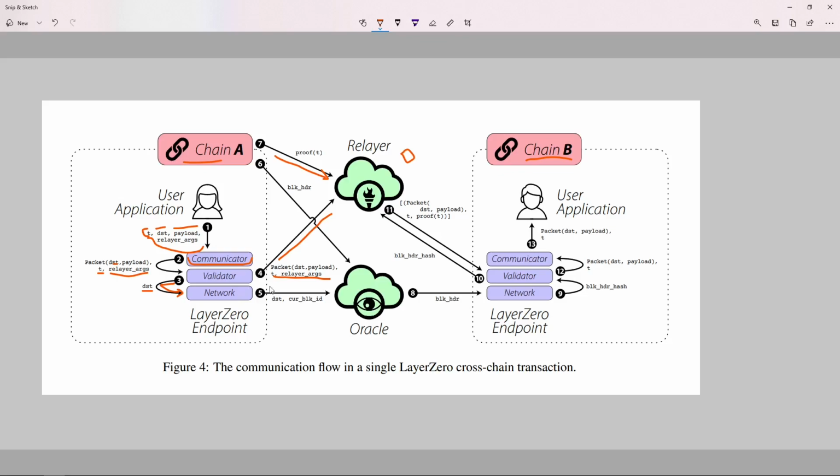So the network, after passing the packet to the relayer, passes the destination address and current block ID. Current block ID, you can think of as the block header. The block header is nothing but what we see in our Explorer, right? That's the same thing. It uses Merkle tree proofing for transaction validation in the source chain. After that, once it passes to the Oracle, it fetches the block header from the chain. The chain is nothing but our Ethereum chain. It fetches the block header and passes the block header to the network. So you don't have to pass this to this endpoint.